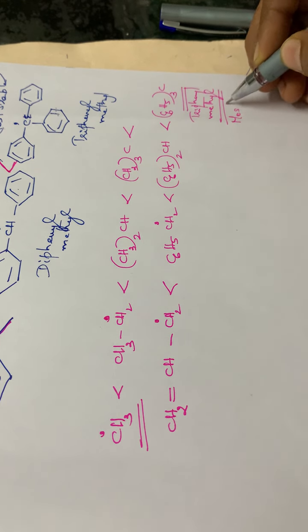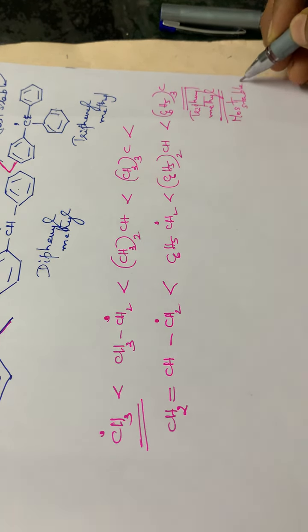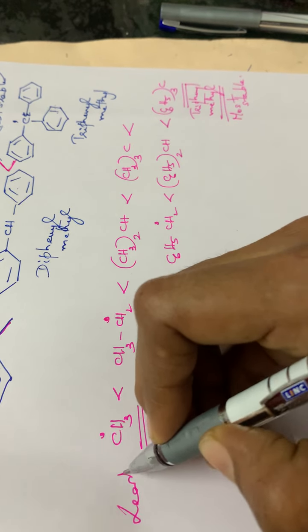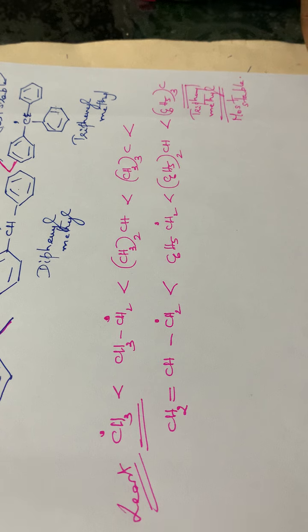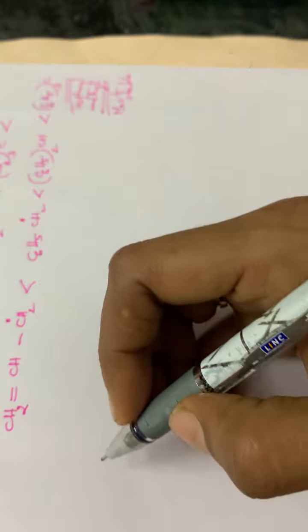This is the most stable, and this is the least stable. Okay, so this is about the stability. Hope you are clear with the stabilities. So this is a repetition of what you have studied in carbocations as well as carbanions. Okay, so while studying you have to do this in a systematic manner so that it will be easy to understand. Okay, then the next is coming to the reactions of free radicals.